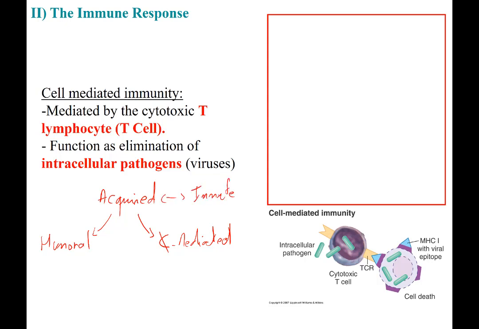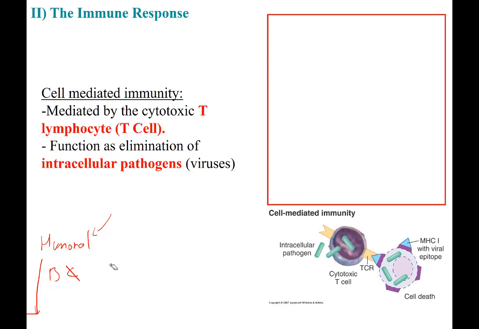So when you study, you can actually make this graphically, and then you can put here all the explanation we talk about for B cells, for example, and here all the explanation we're going to talk about for T cells. Okay, so it's up to you. Obviously, you can study however you like, but when I try to understand things, I like visual, and I like to put that into perspective. So let me remove that. It will be more clear after. And now we're going to talk about the cell-mediated immunity.